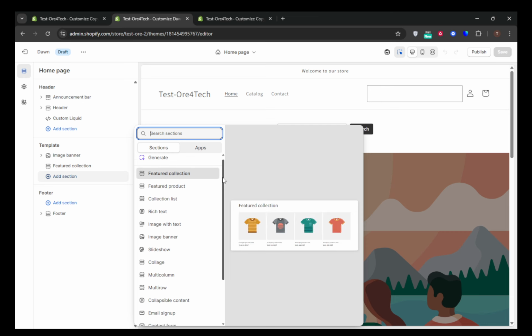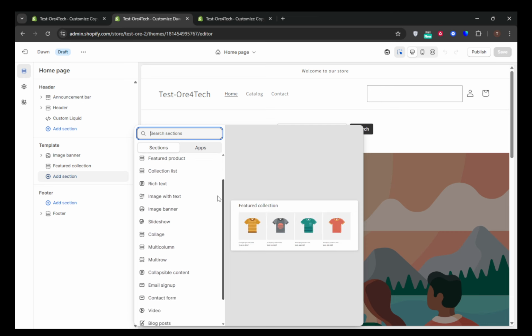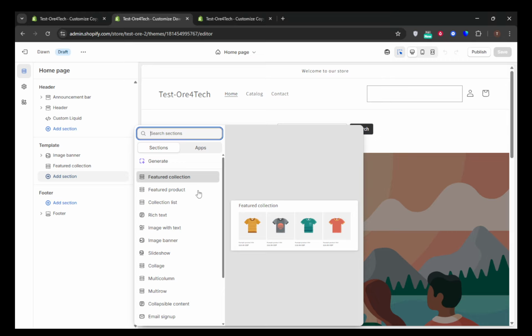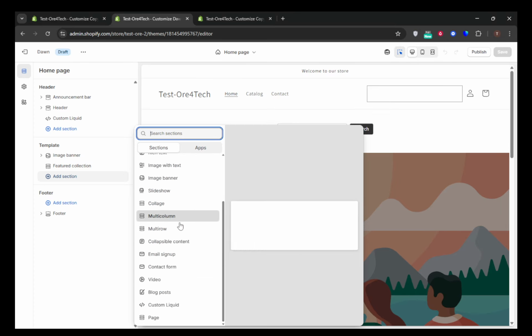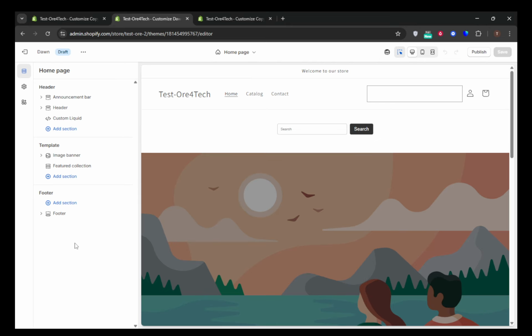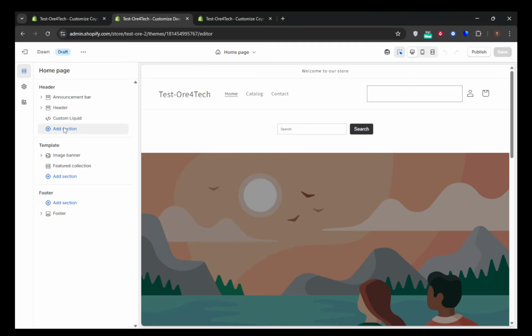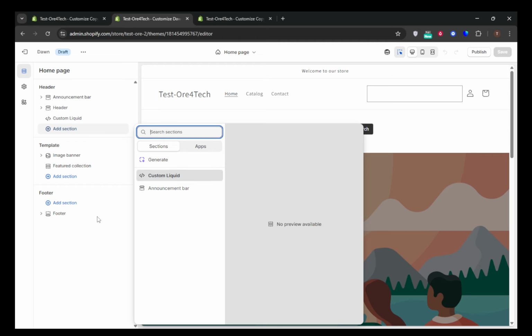Within each section, you can upload images from your computer or select ones you've previously uploaded in your files. Editing isn't limited to images. You'll want to refine text, adjust buttons, insert links, and tweak headings to engage your audience effectively. Many sections also provide layout options, giving you control over alignment and the positioning of images and text. Occasionally, you'll find you can adjust background colors or even delve into some basic style settings to further refine the